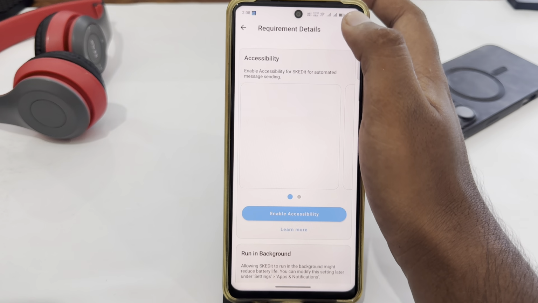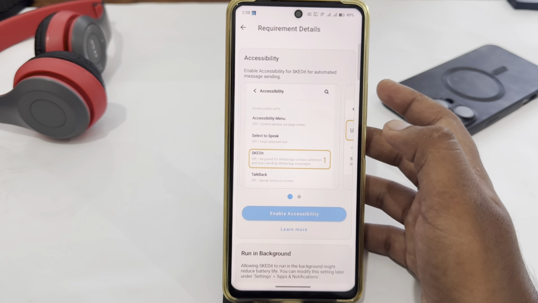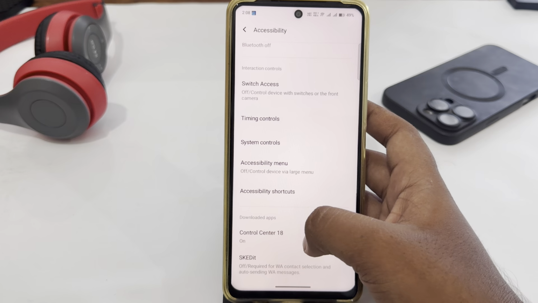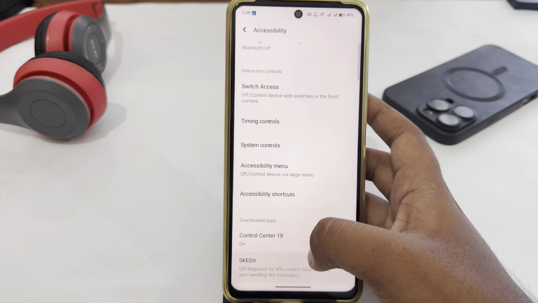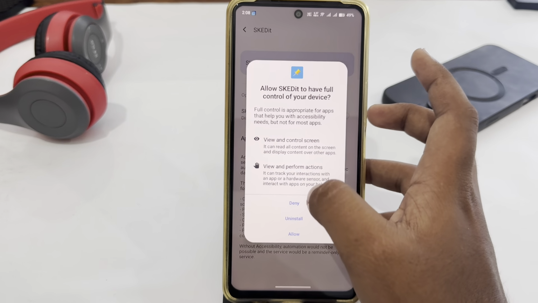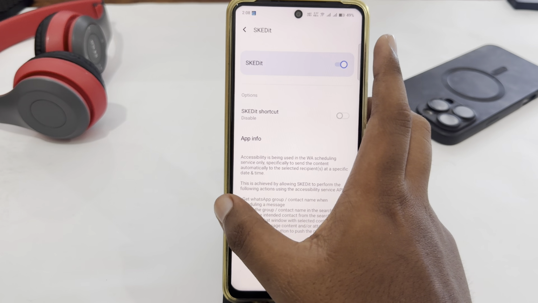Tap on it, and here enable accessibility. Just look for SKEDit, tap on it, then enable it, then allow. Now go back,